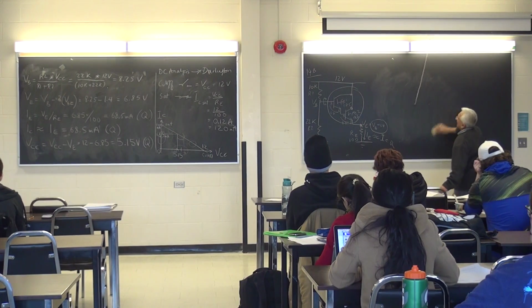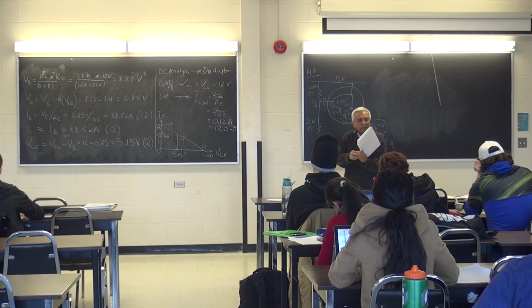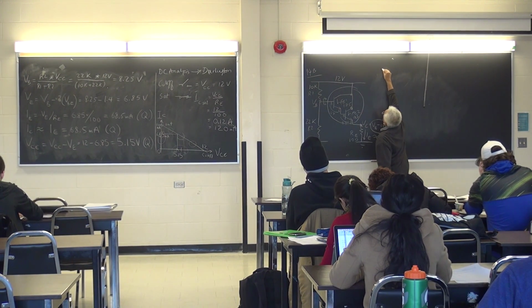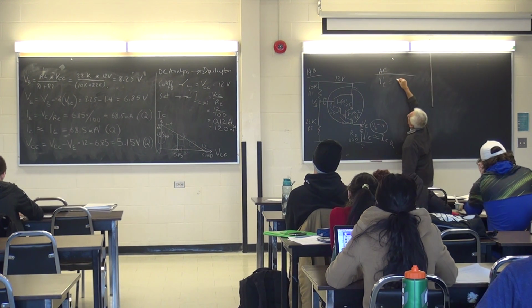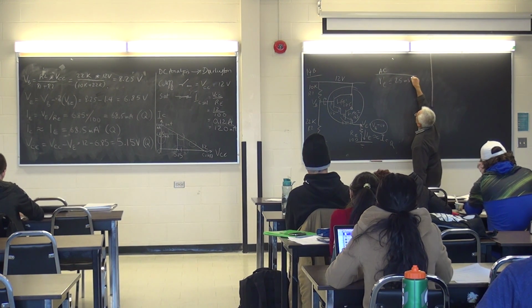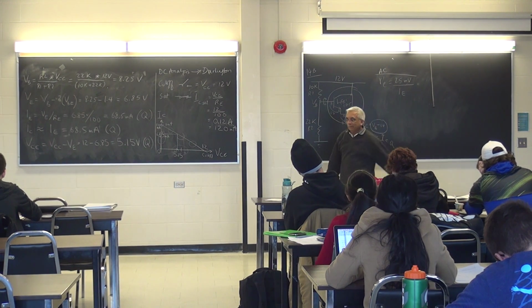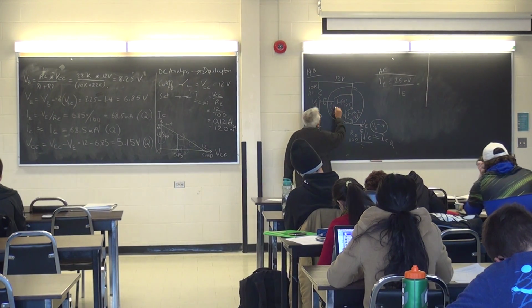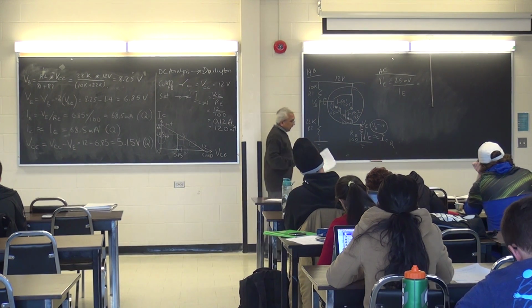For AC analysis, the first thing I always find is R prime E. R prime E is 25 millivolts divided by IP. That's just how the internal resistance here works out to. Okay, so